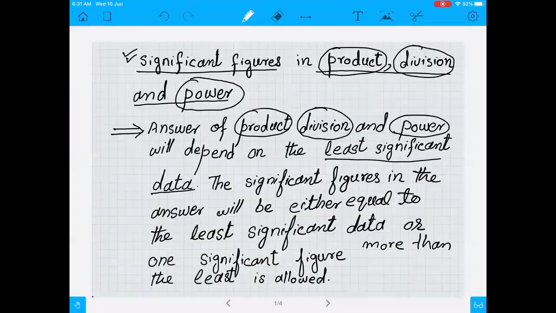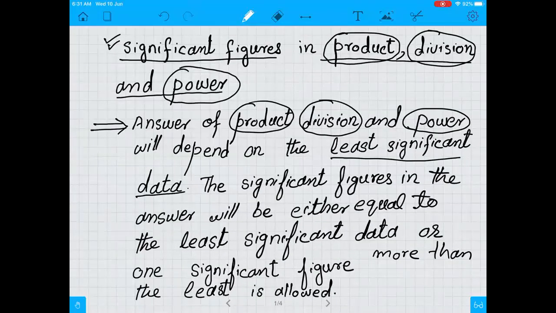So basically, when you multiply two numbers, you divide two numbers, or you go for power of a number,